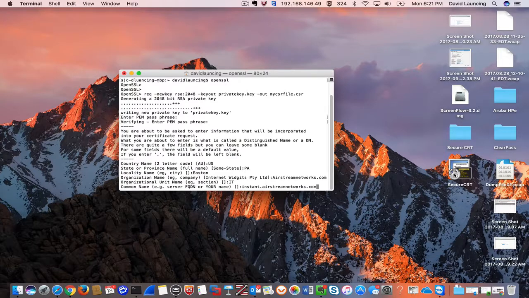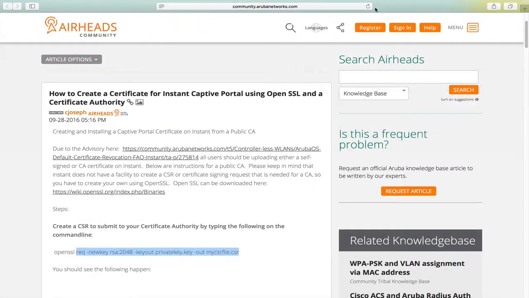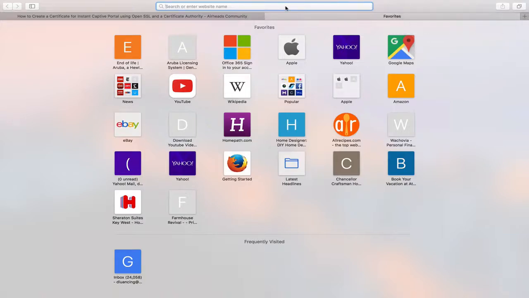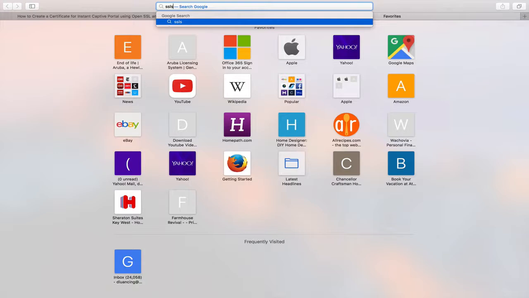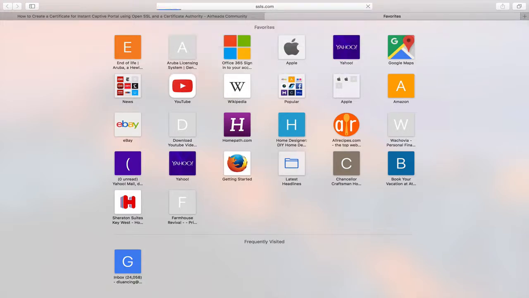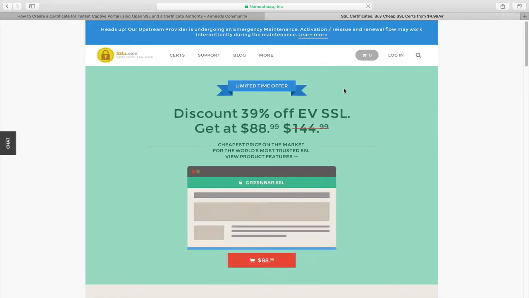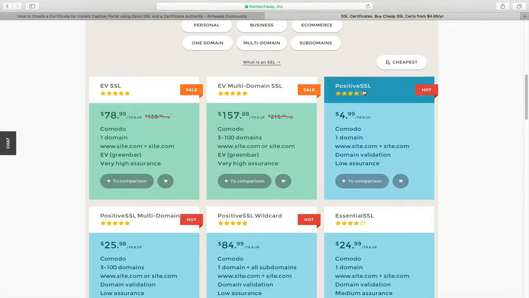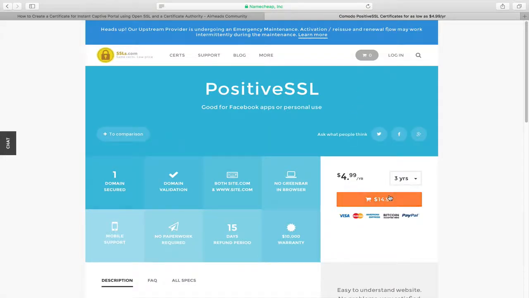But the problem is the web page that I was using. I was using a company called SSLs, and I just used this Positive SSL certificate. It's pretty inexpensive: 3 years, only $14.97. But when you go in and create an account and buy this,